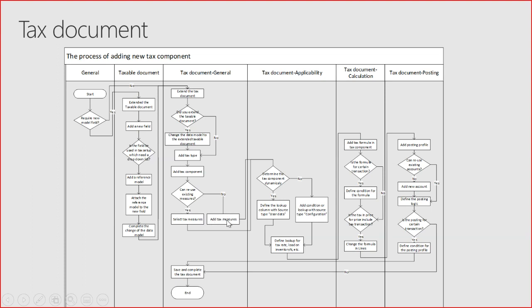And then, so you have the tax component, you have all the measure. Then the next thing you need to do is decide how the tax component will be determined. I'm talking about applicability, so whether it should be determined dynamically or statically. If it is not dynamic, you can define the lookup column with source type as